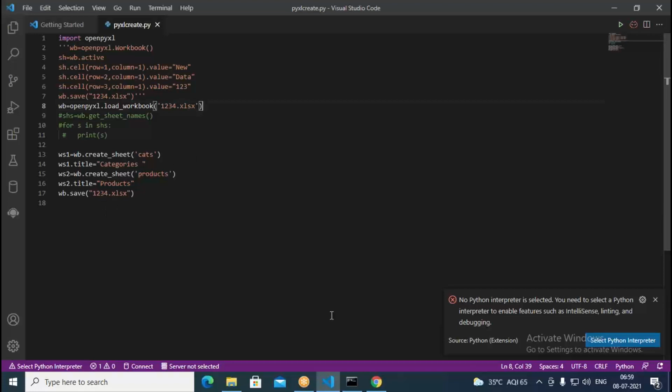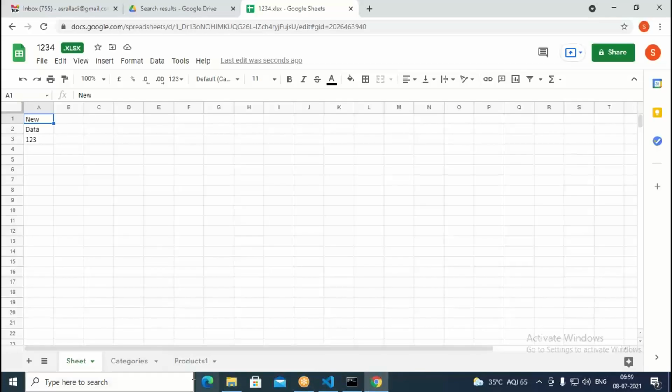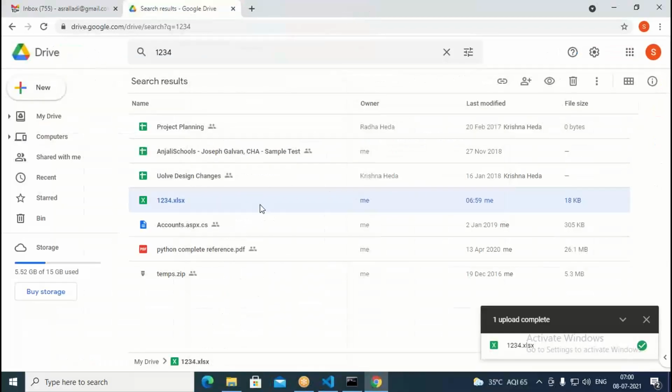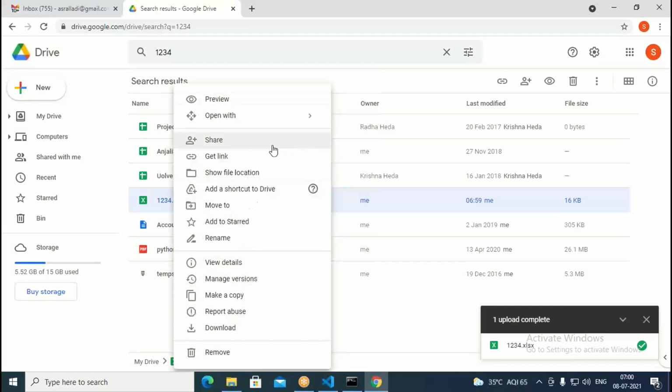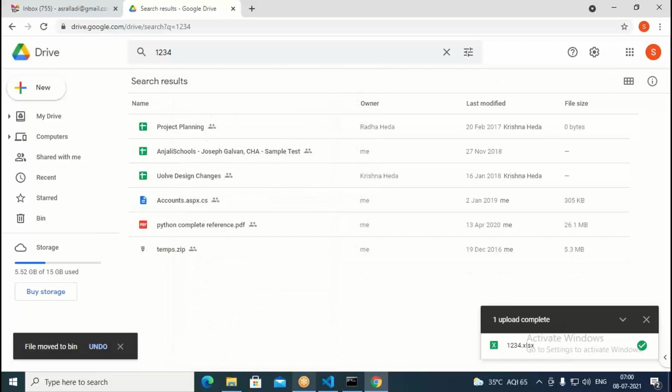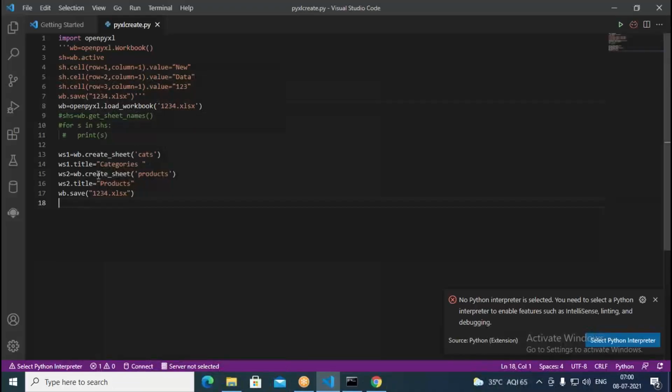Then here ws2 also we created products. So 2 sheets are created. Now they are added to the given file here. We can see to the same Excel file, these are added. We could add to this particular thing here, categories and products. The next step, what we do, I remove this again because I have to once again upload that after removing the sheet 1. Now what happened here? We created cat sheet, then product sheet. These are available right now for us.